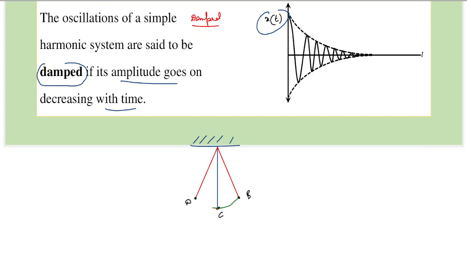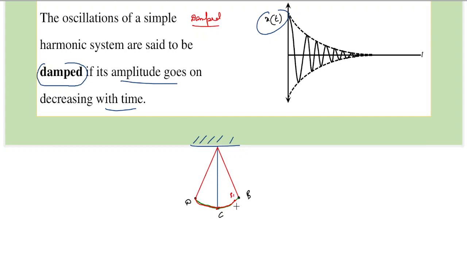But each time it goes through the atmosphere, it experiences a drag force, because of which the pendulum would still oscillate, but next time when it comes towards point B, it will not go all the way to B, because some energy has been lost in the process of oscillation. So it will go to a distance less than point B. If it is somewhere here, we'll call it B1.